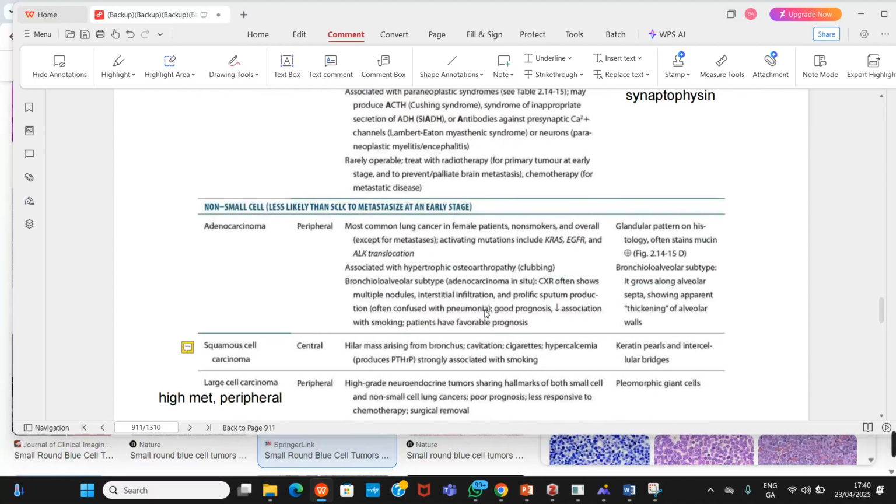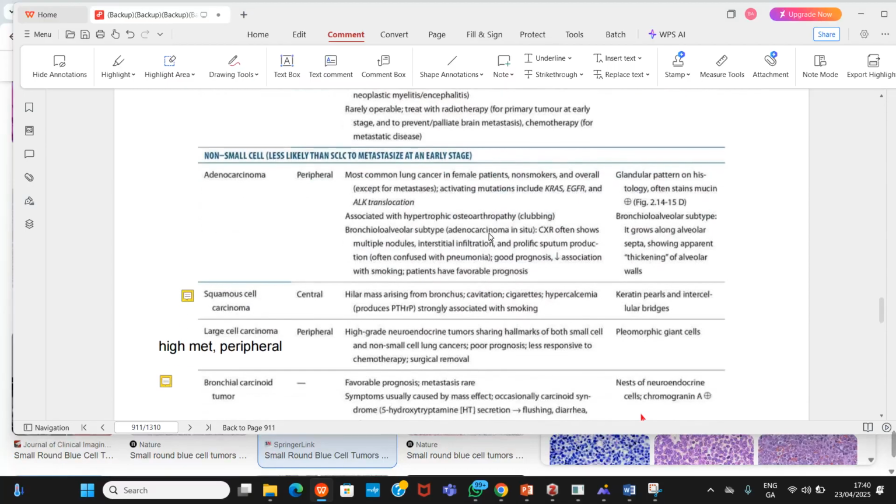So look at this now. This is it here. So you can see all this small round blue tumor here. Yeah, this is another one. Small round blue tumor. Once you see this histology, don't panic. Let's just pick